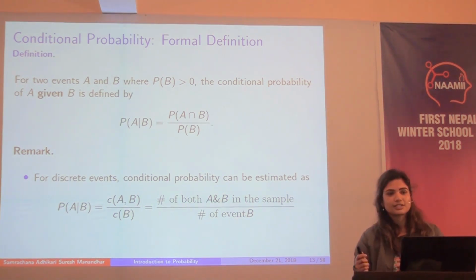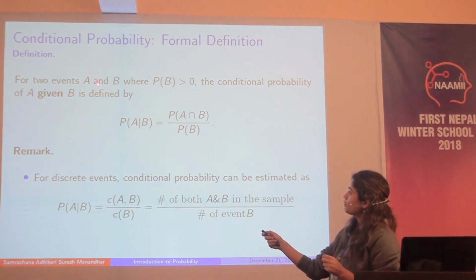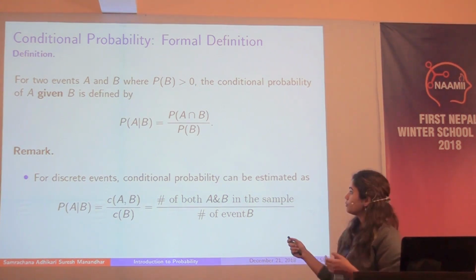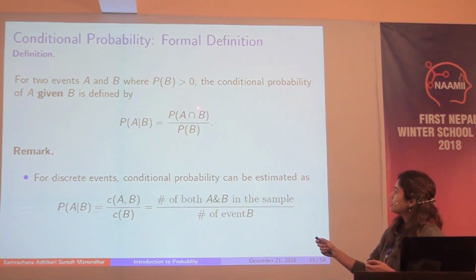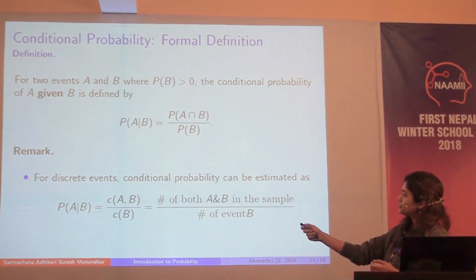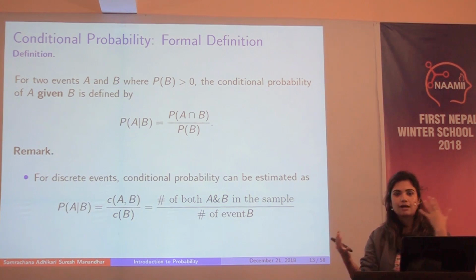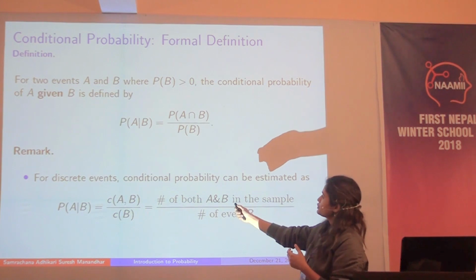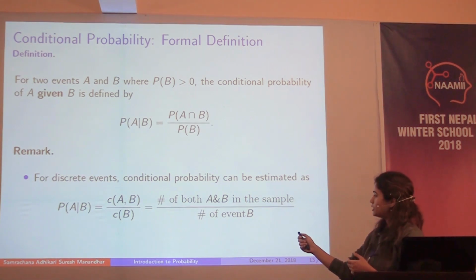So from one event, we can start talking about the probability of more than one event. They could be joint, they could be conditional. So here, if we're interested in two events A and B, and we had some idea about event B, then what is the probability of event A conditional on B? And there is a rule that defines the probability of A conditional on B as the ratio of A and B. So if we knew the probability of both of them happening together, and then the probability of just B, then we can talk about the probability of A conditional on B.